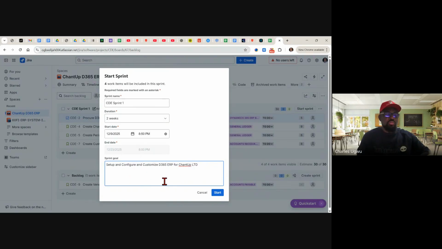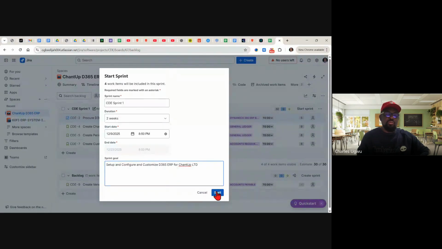And the whole team must agree that this is what we want to achieve within the 2 weeks, so that after the 2 weeks, Chantop Limited, their finance and account department can start using this Dynamics 365 for their internal operation.